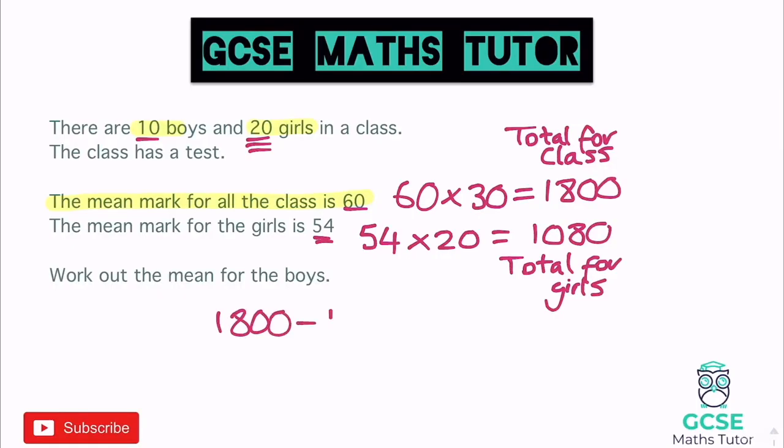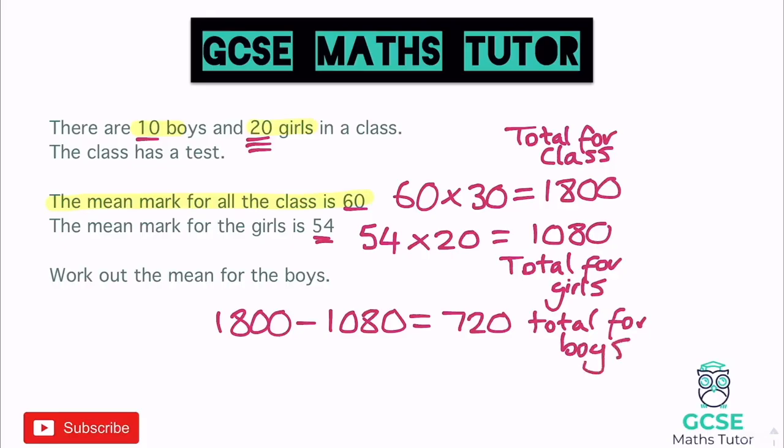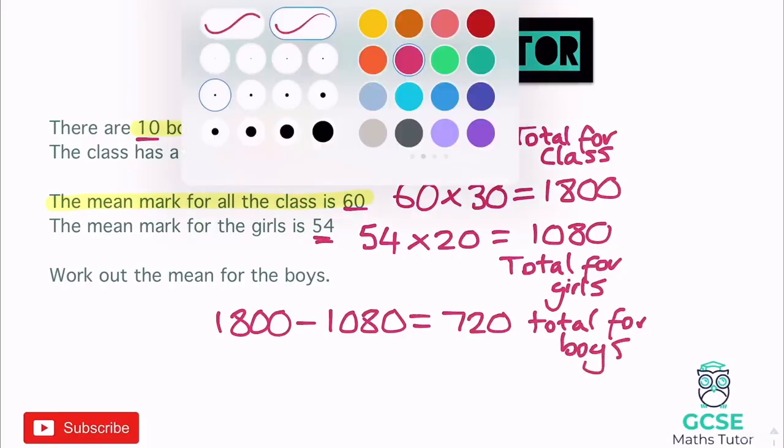There we go, take away 1,080, leaves us with 720. There we go, and that's the total for the boys. Let's label that up, total for boys. And now we can go about answering the question, because now we know the total for the boys, we can